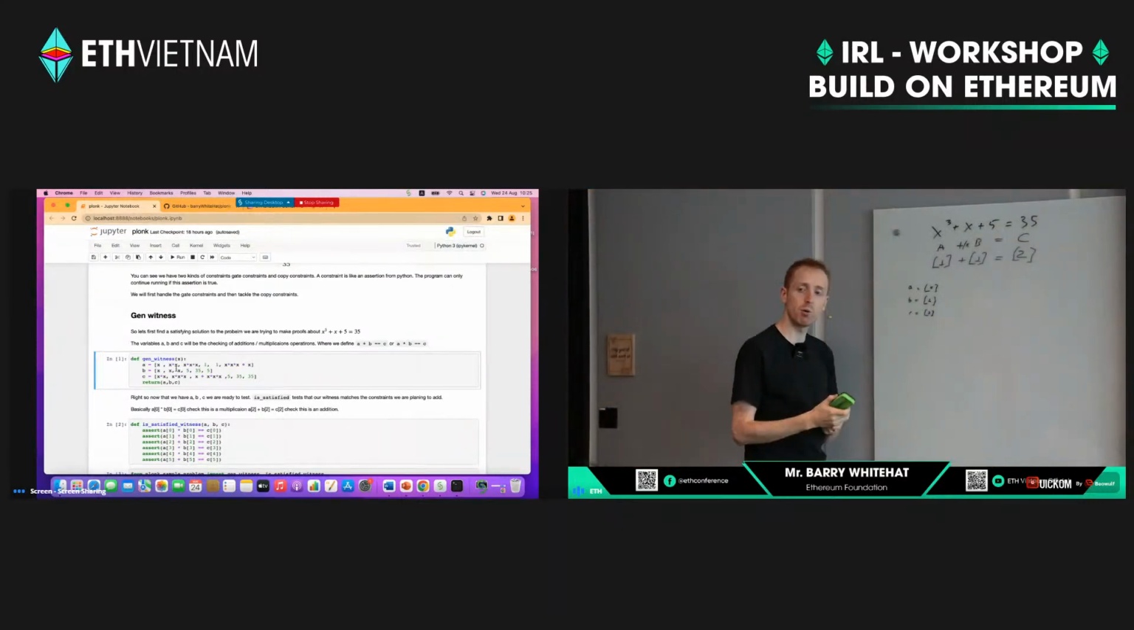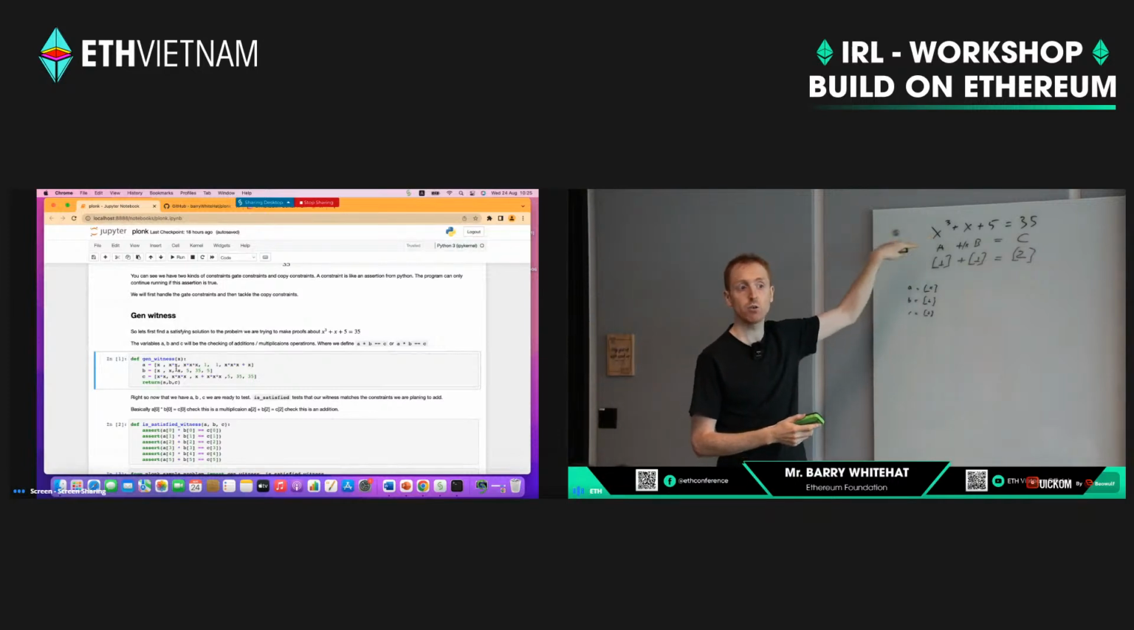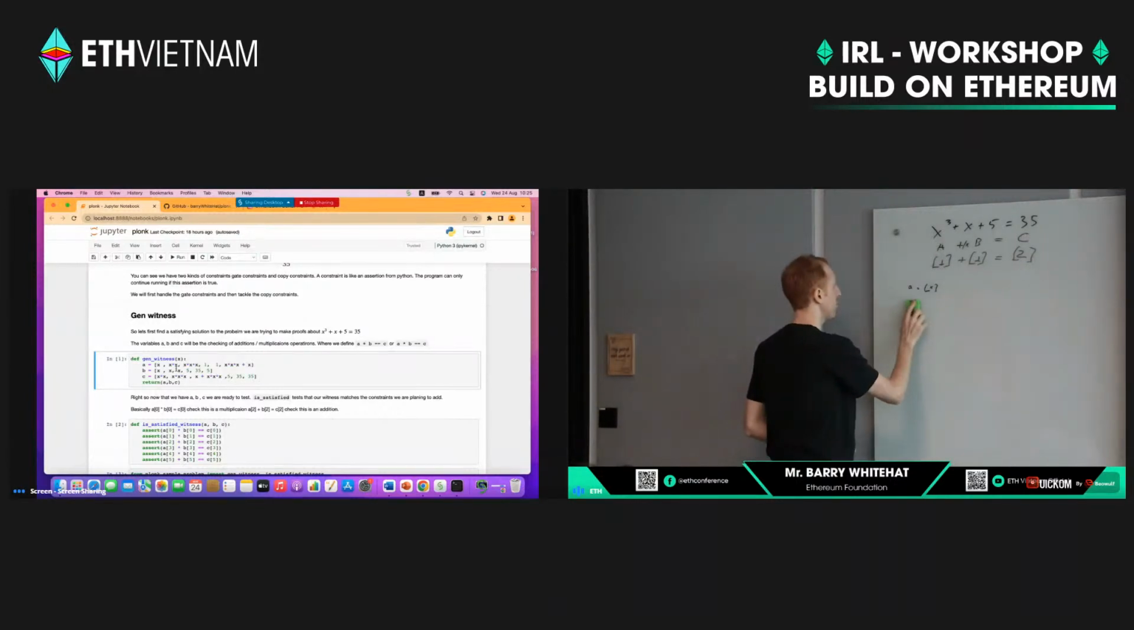We're able to do a multiplication and we're able to do an addition. Because we can only do one multiplication, and because we need to multiply x cubed, we can't do that in a single constraint. So what we do is we do that in two constraints. So the first thing that we do is we say,